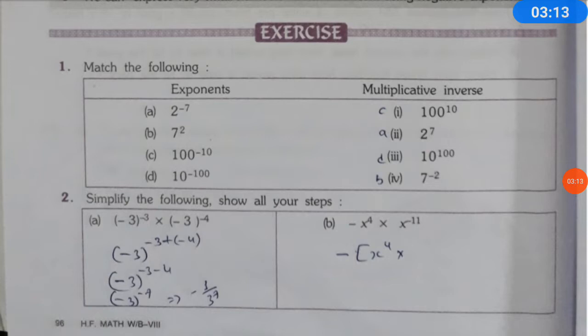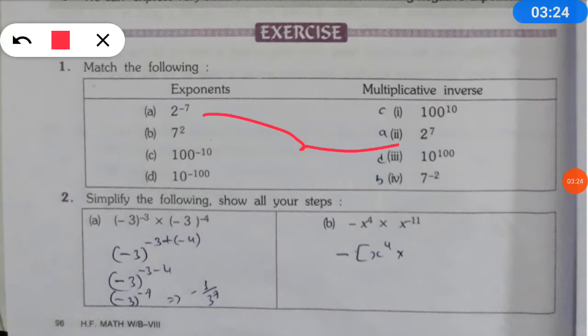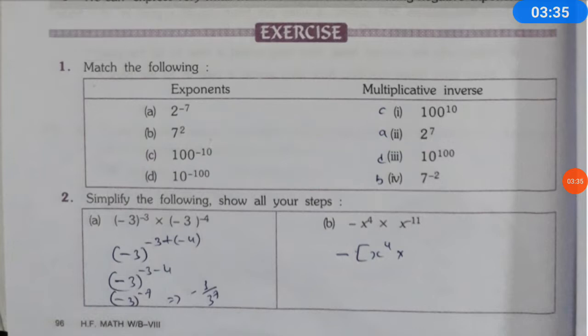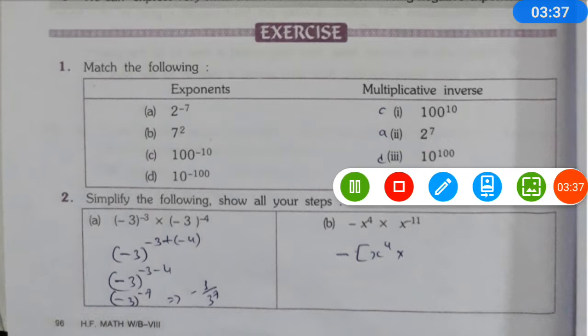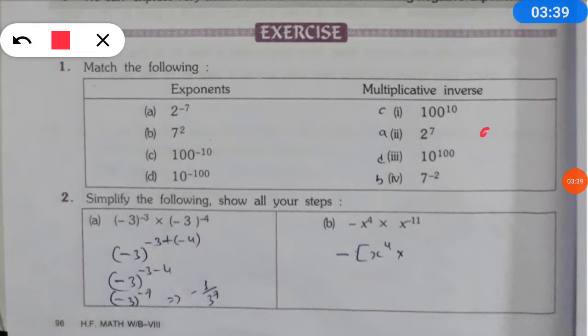So 10 to the power minus 1 will be how much? 10 to the power plus 1. Clear to everyone? As we can see, the negative sign is changed into the positive sign and the positive sign is changed into the negative sign. A negative power changes into a positive power and a positive power changes into a negative power. Clear to everyone? Okay, here is the answer I had already written. This is the A part answer, this one is the B part, here is the C part, and this one is the D part answer.